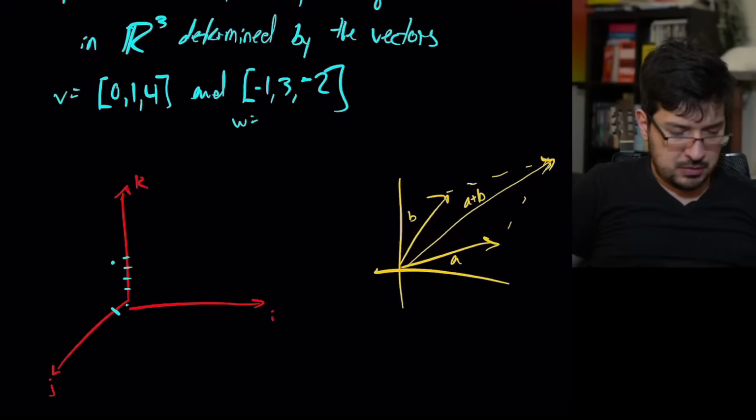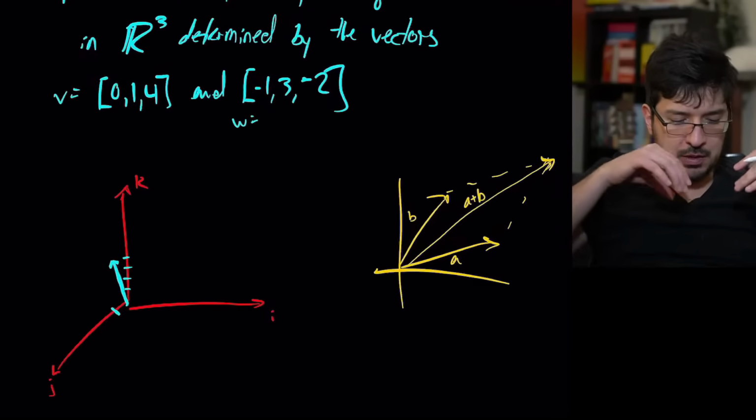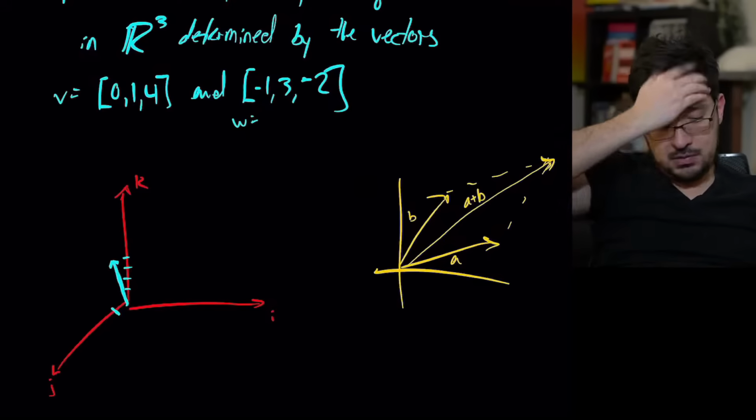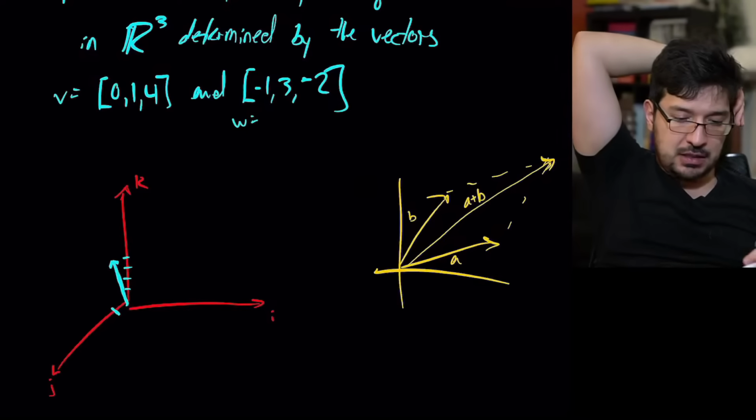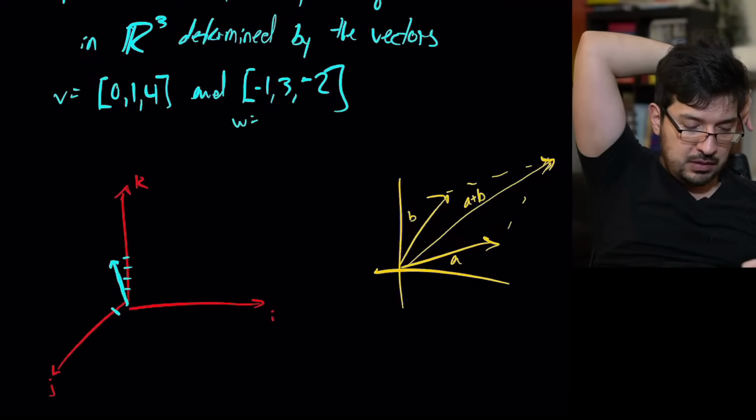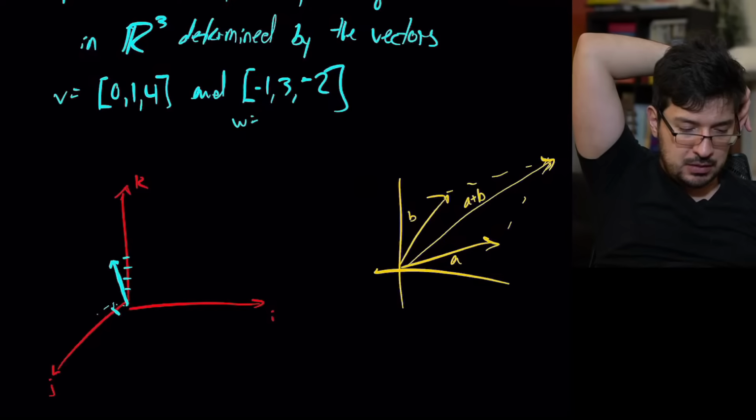So it's a vector that points up here. It's kind of coming toward the camera. And then the second vector is -1 in the I component, 3 in the J component. 1, 2, 3. Something like here, I guess. And -2